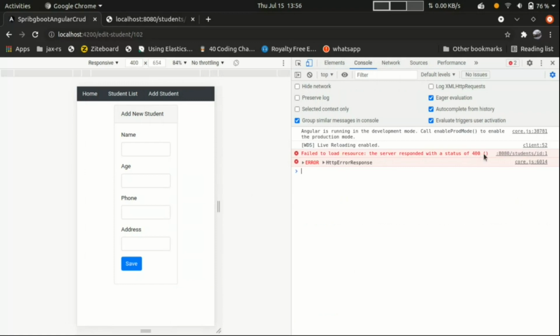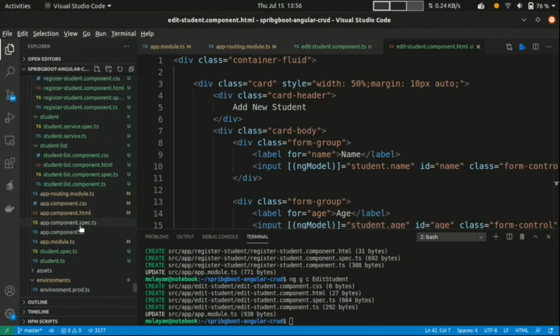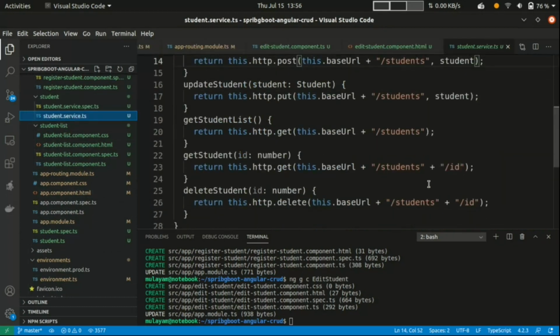Is there any error? 400 in student. I'm getting 400. It means localhost students, I'm passing ID. Sorry, I missed one thing here. In student service, this I'm passing dynamically, right?